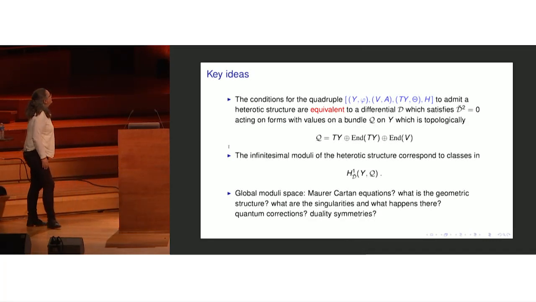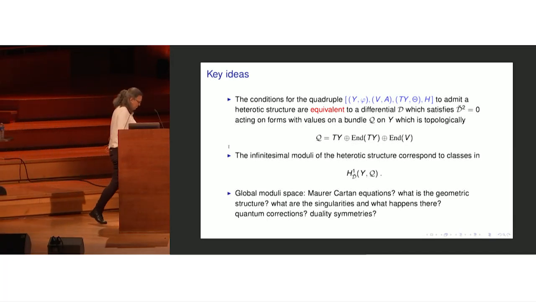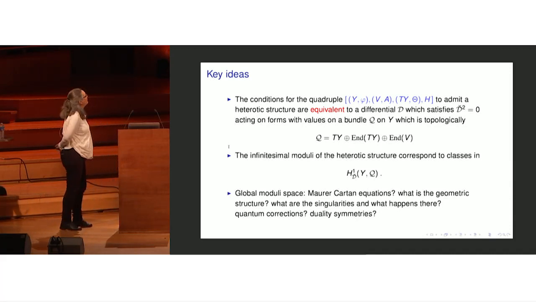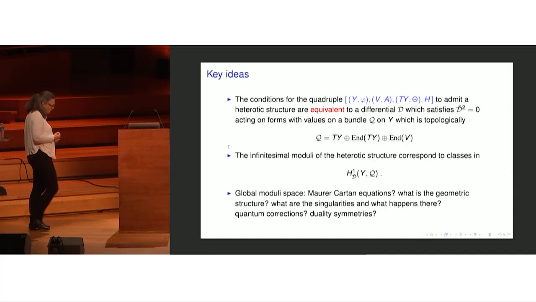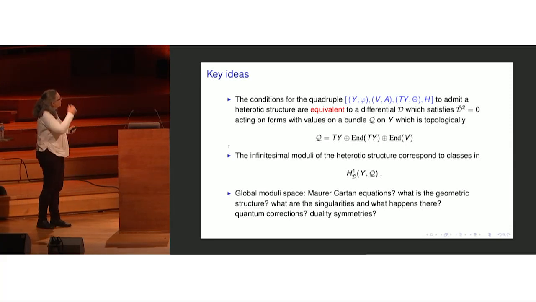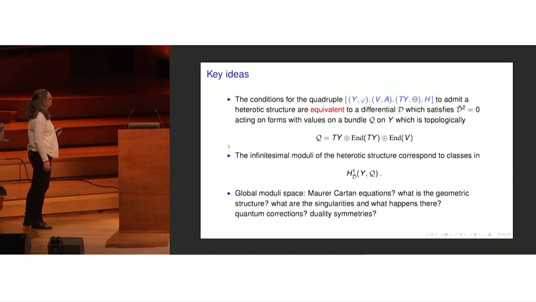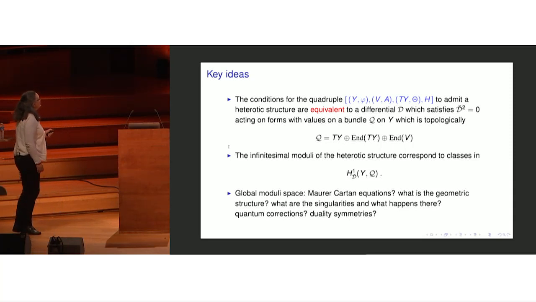So I will tell you what the main ideas are and a bit of the results, even before telling you what a heterotic system is. Just think about this as a quadruple constraint such that you preserve one supersymmetry, right? What we are going to see is that the conditions for this geometry to admit a heterotic structure, that means that you have an N=1 supersymmetric theory in 3 dimensions,